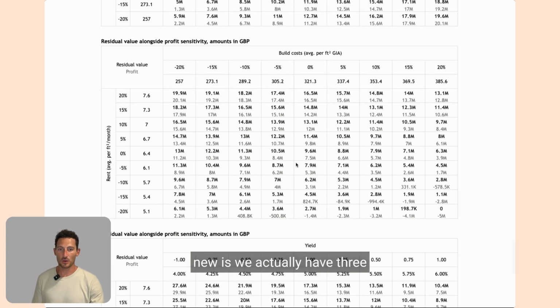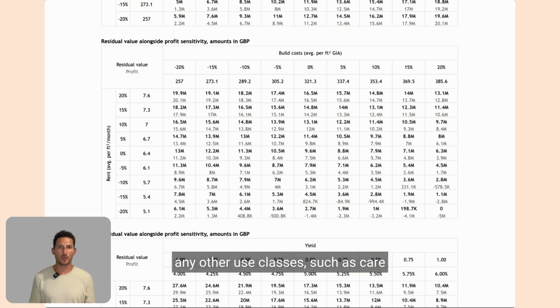Now, the next thing that's new is we actually have 3 new sensitivity tables. These have been created specifically for operated assets. So an operated asset is anything that is income producing and capitalized against a yield. So let me give you some more meaningful context there. That's most likely to be industrial of any variety, any kind of income producing rental residential, such as student, build to rent, PRS, multifamily, etc., as well as any other use classes such as care homes or healthcare, anything that's